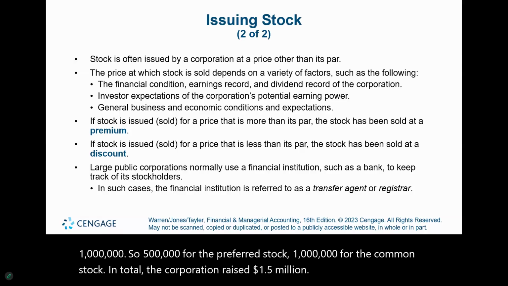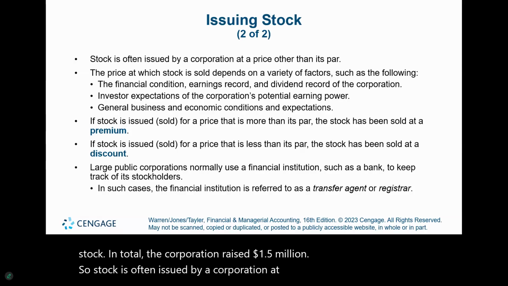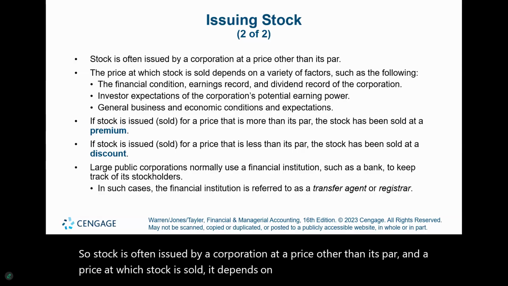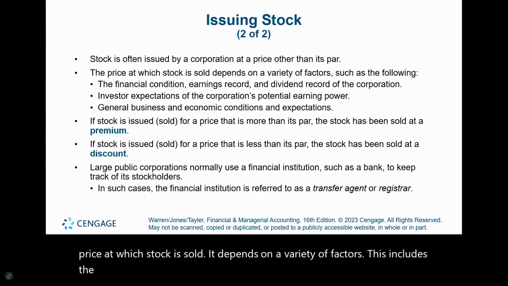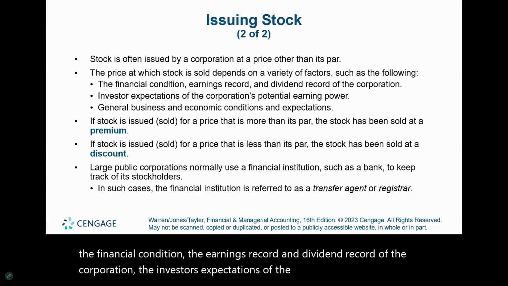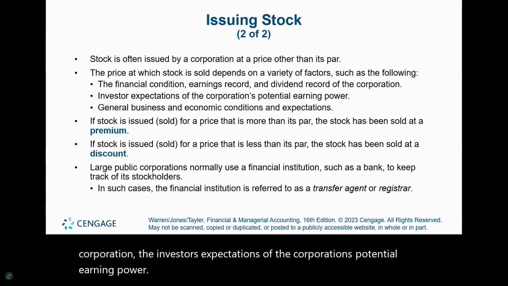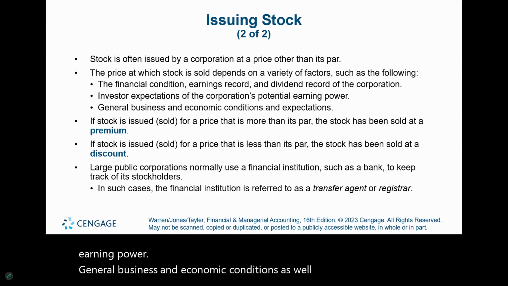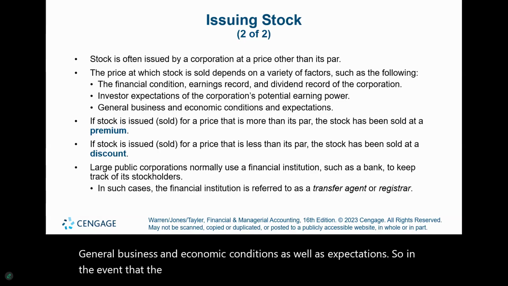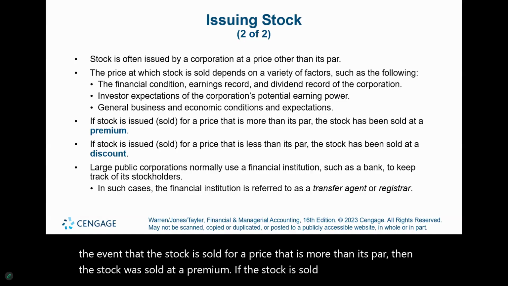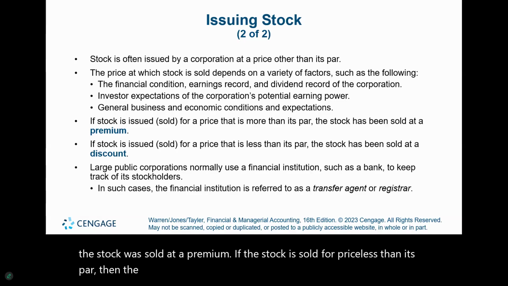So stock is often issued by a corporation at a price other than its par. And the price at which stock is sold depends on a variety of factors. This includes the financial condition, the earnings record, and dividend record of the corporation, the investor's expectations of the corporation's potential earning power, general business and economic conditions, as well as expectations. So in the event that the stock is sold for a price that is more than its par, then the stock was sold at a premium. If the stock is sold for a price less than its par, then the stock was sold at a